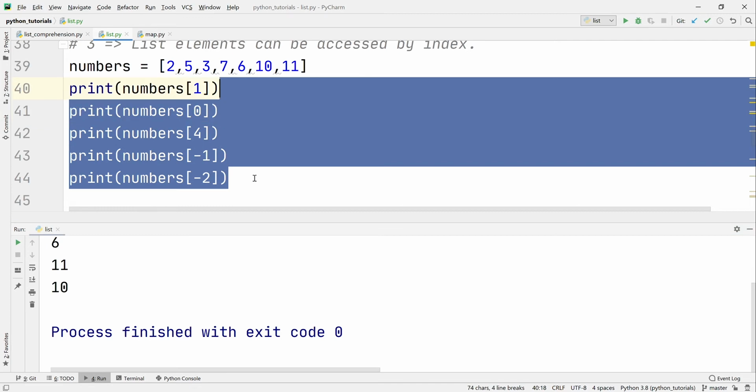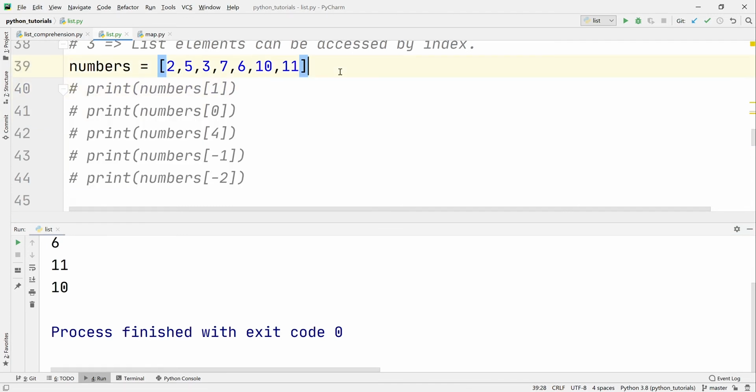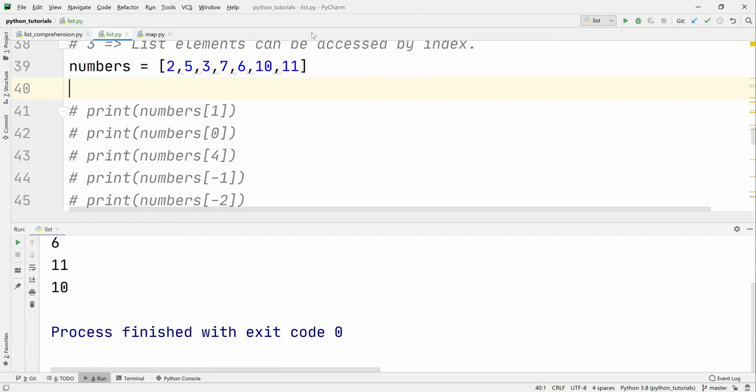Now we will see one more concept, that is how can we print multiple values of the list. Let's say we are given a requirement to print the values from 3 to 6. So how will we achieve this? We simply give the range in the list. For that purpose, we will start from index 2, and print all the values before index 5. So this value will not be included.